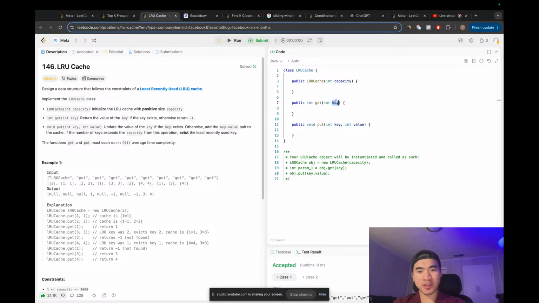Okay. So for get, in order to achieve get for a particular key to be O(1) time complexity, we can just use a hash map where the key would just return the value associated with that key. However, for put,